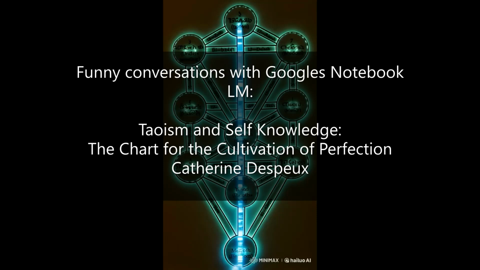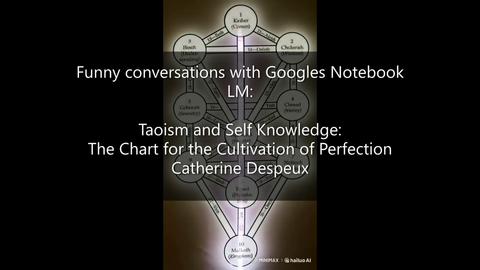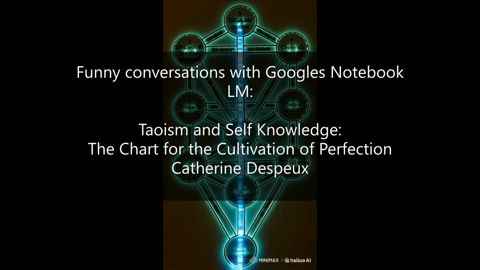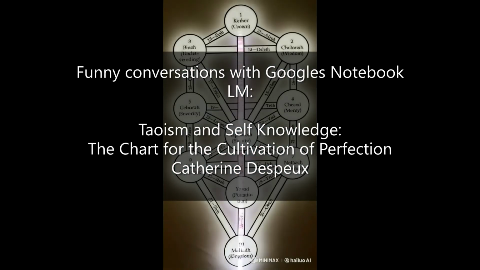Exactly. And this shift towards using more symbolic language also reflects a change in Taoist alchemy. They moved away from external manipulations like making potions and elixirs and moved more towards internal alchemy, which focuses on mental manipulations using visualization and imagination. So less about changing the physical body and more about working with energy and visualization. Yes. And the Chart for the Cultivation of Perfection is a culmination of this long tradition of body maps. It's really a tool for meditation and ritual practice.